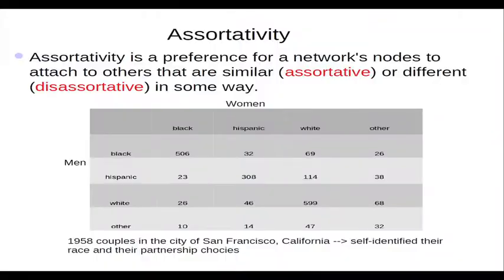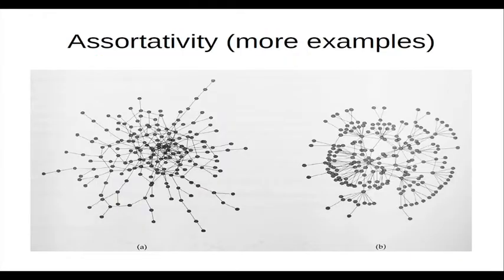So, again to reiterate, if there are people from the same class, then partnerships or friendships between them are more probable than between people from 2 different classes. This idea could also be thought of as people tending to go with other like people. So, rich people tend to go with rich people. You can interpret it in various different forms, but the basic idea is this. Okay. So, some more examples.